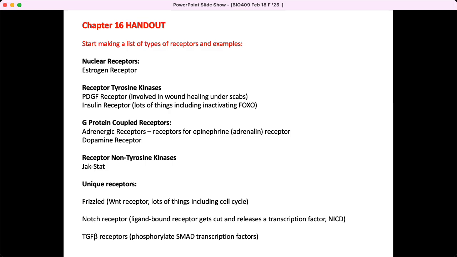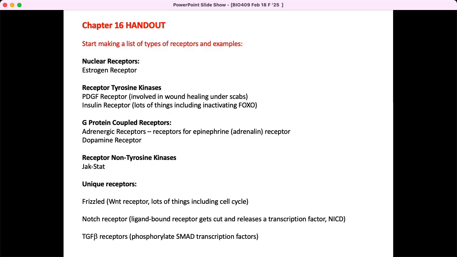Okay? So it's going to talk in chapter 16 about lots of stuff we just learned. That's where the figures are for the histone acetylase and the deacetylase enzymes. And I just put them out of chapter 16, so they're up here because they're near the start of the chapter, nuclear receptors, and we have one example of that. And then what the book does is it organizes the receptors into groups based on that nuclear receptor idea. Let's have a group, a family called nuclear receptors, and we'll pick one and teach the students about that one